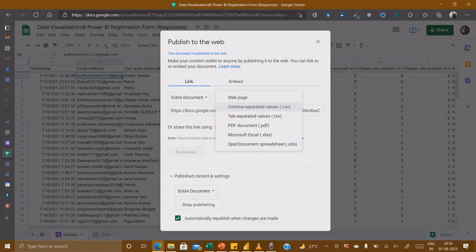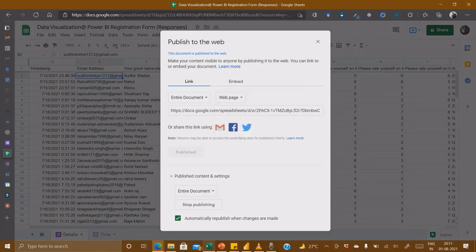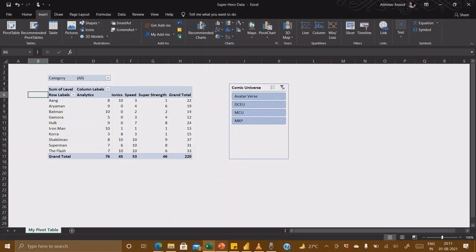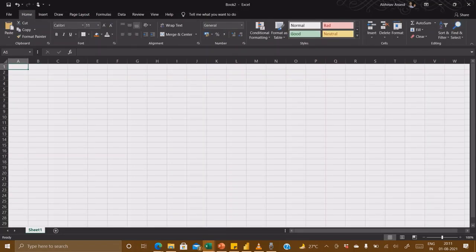I will tell you one more thing regarding this. If you publish anything as comma separated values, for example, I will go to an Excel file. Let's create a new file. Right now the extension for this is XLSX, which means it is Microsoft Excel.